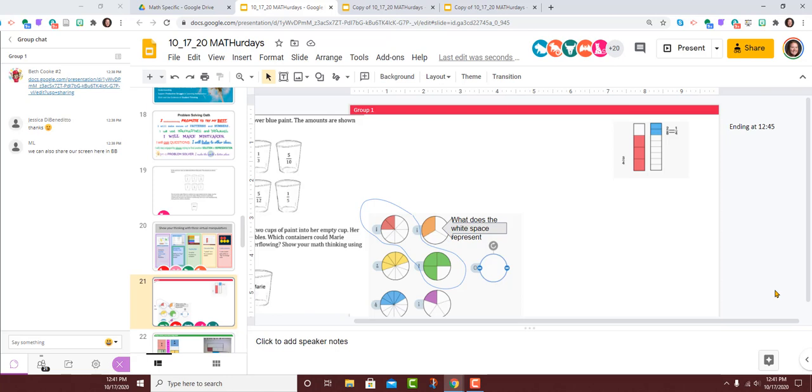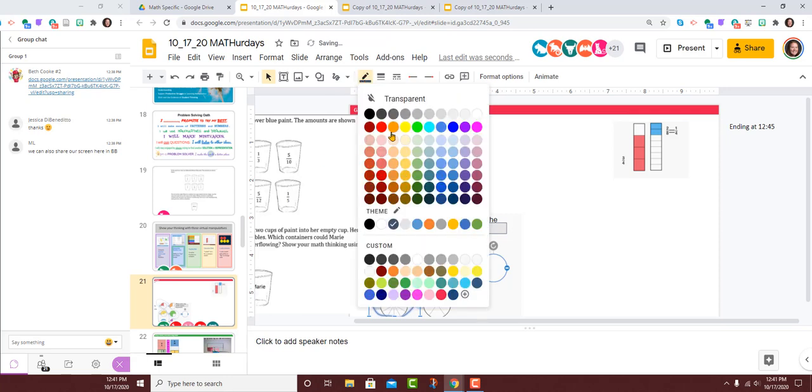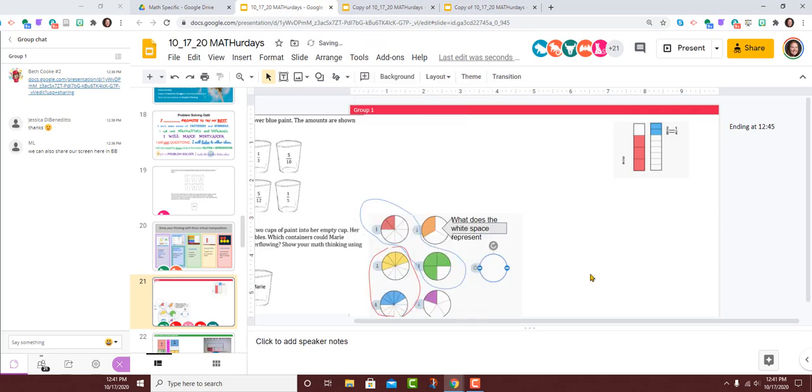They have to be completely full. They just cannot overflow. Okay, so then I would go with the yellow and the blue. And what's your strategy for knowing that one? One is half there, and the other one is just less than half. So I know they're not going to overflow. It's close to getting full. So that time I heard a lot of deciding whether or not it was exactly half or less than half. So we've got our benchmarks there.